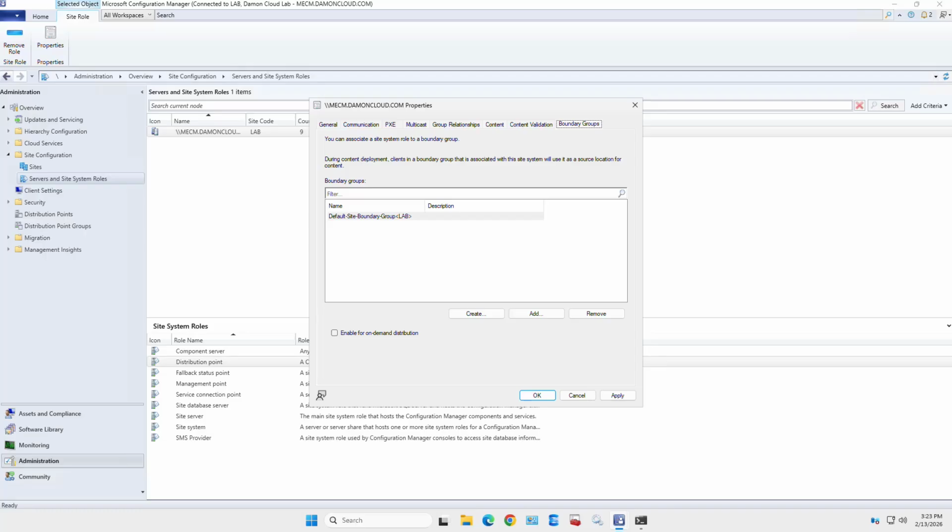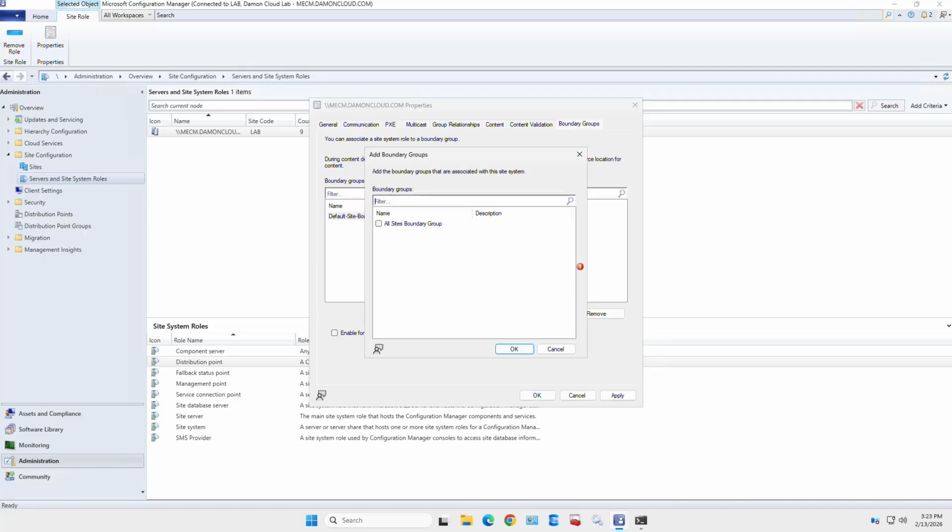If you don't see your boundary group in here, chances are it's not going to work to deliver content for that. So we'll click on add. Notice I have another boundary group. I don't have to add all the boundary groups, but this is how you isolate certain distribution points to certain boundary groups so that you can economize the traffic of where the clients on that subnet of that boundary group are going to go to the distribution point to get their content when